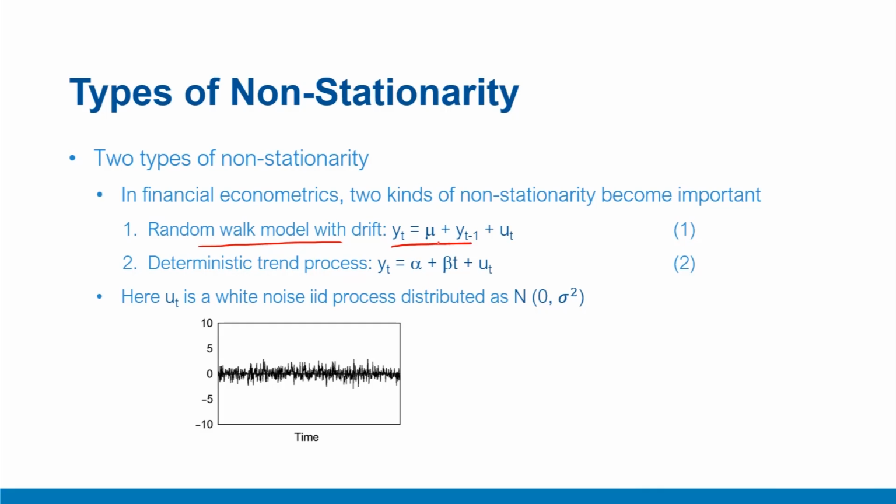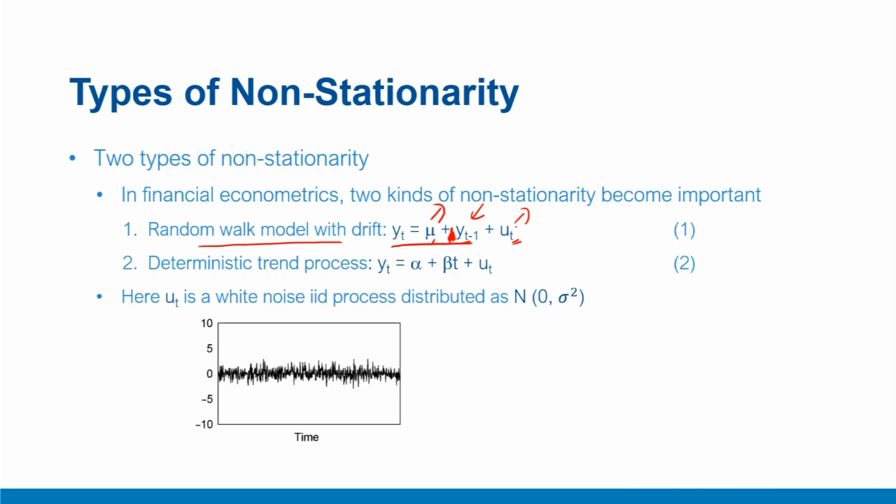It appears like this process: yt equal to mu plus yt minus 1 plus the error term ut. Mu is the drift, and yt minus 1 comes with a coefficient of 1. We'll have a more detailed discussion in subsequent slides and videos, but please notice the coefficient 1 has the implication that any shock to this series, historical shocks to the series, do not die away. We'll elaborate this in more detail. And that is why this is called stochastic non-stationarity. How to deal with it, what is the nature of this kind of non-stationarity, we'll discuss shortly.